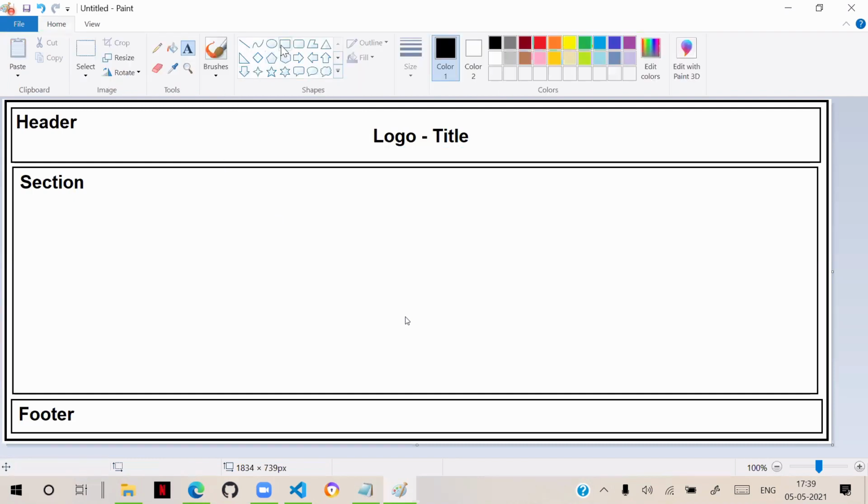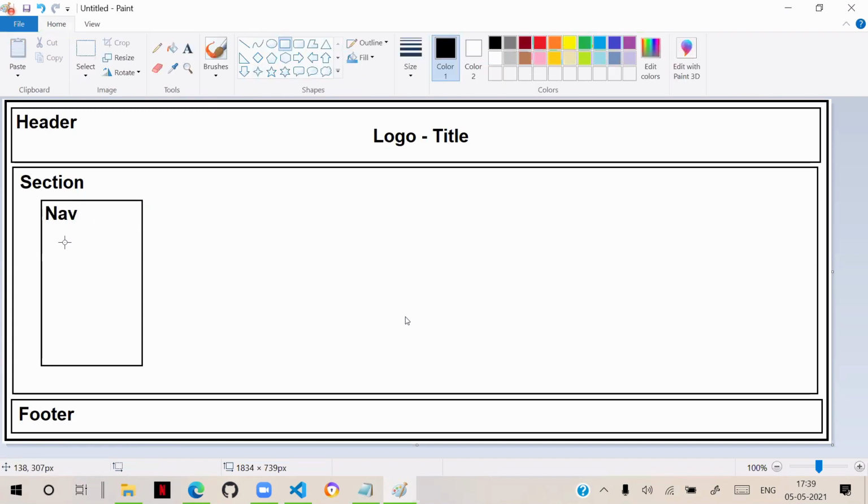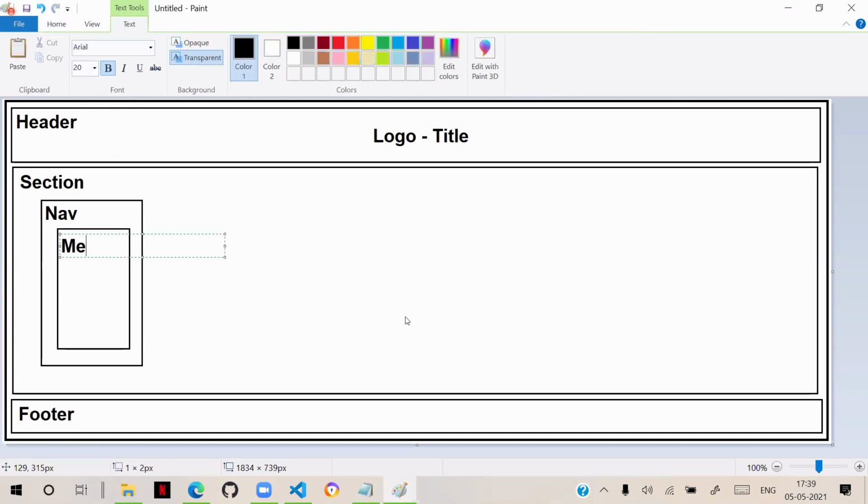Sometimes navigation: on the left side in the section, we can have a navigation bar. In that nav area, we can have a menu with options like home, contact, about. All these things can be there.